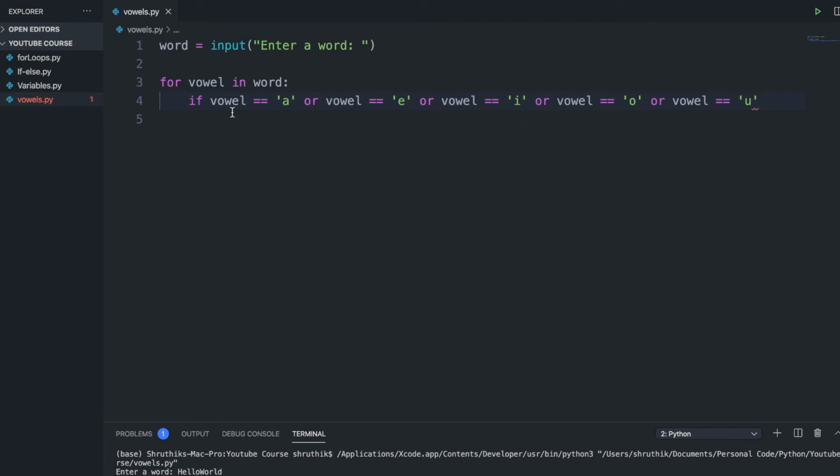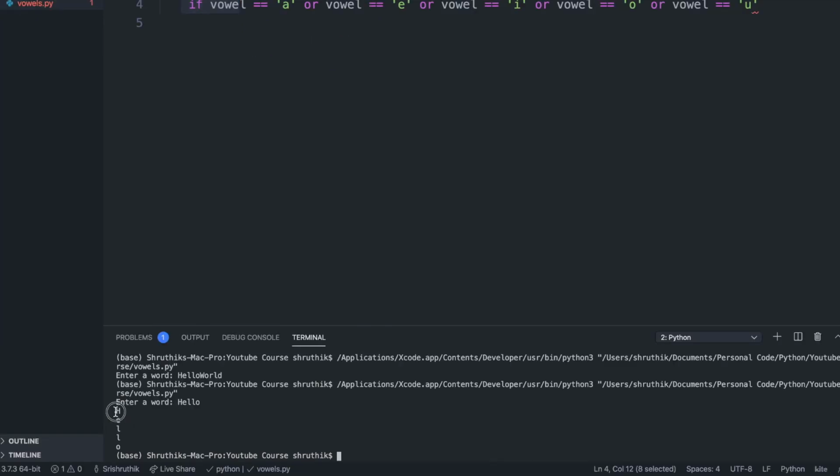If this statement is true, if this letter is A, E, I, O, or U, what I can